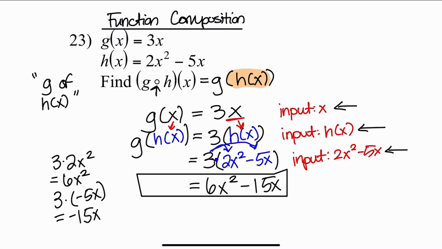Oops, that didn't make the square I wanted it to. But we just found what g of h of x was. We plugged h into the original g function, replaced the variable. All we did was replace x